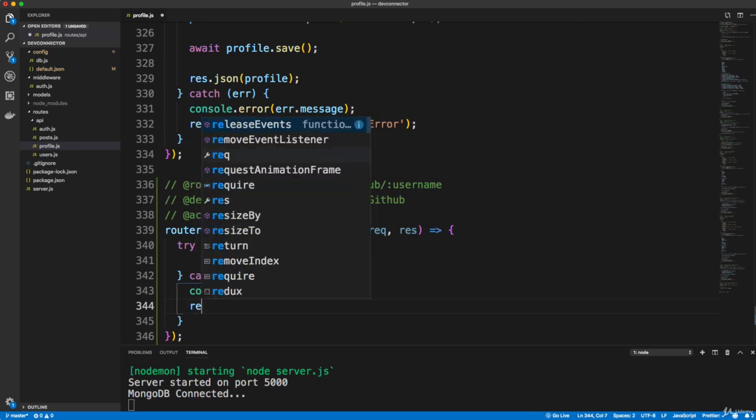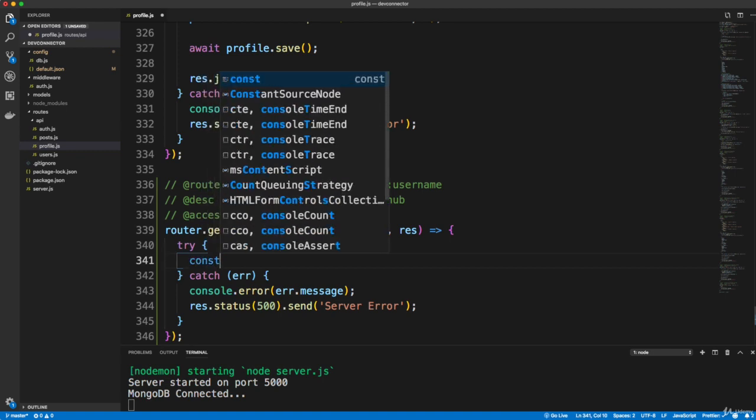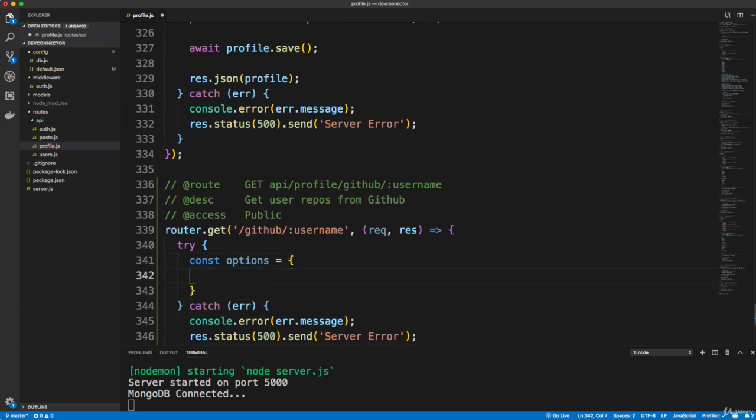And then we'll do a res.status of 500. Okay, so inside the try here, first thing I'm going to do is construct an options object that has a URI,